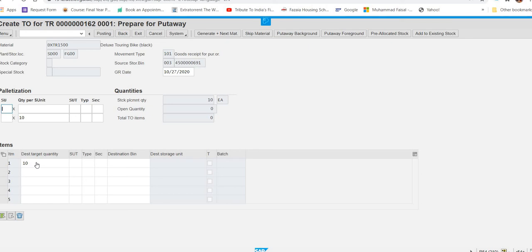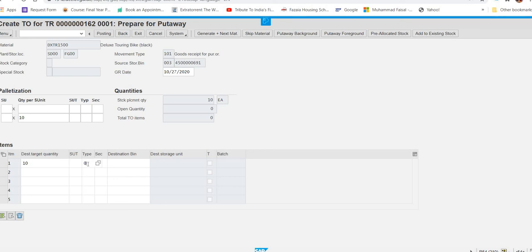And now the destination bin you have to enter here. Now what will be your destination bin? It is given in the exercise, and here you have to put these values also, like this type. What is the type?